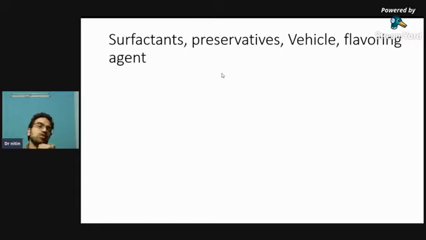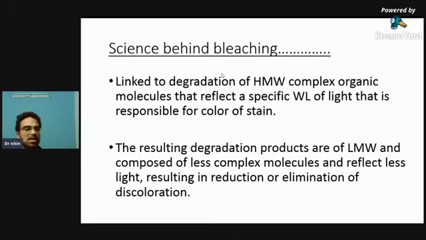That is, first was the main component, carbamide peroxide, available in 5 to 20%. Then was hydrogen peroxide, mostly used in office bleach, in 35% is the common composition. Then we have the thickening agent, which helps to maintain the gel form and allows easy and slow release of the active components to the enamel, followed by surfactant, preservatives, vehicle and flavoring agents.